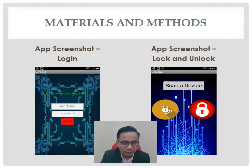Okay, this is our app screenshot. As you can see, we must insert username and password for login, and then after you connect your phone with the smart mobile locking system device, you can unlock and lock the car door